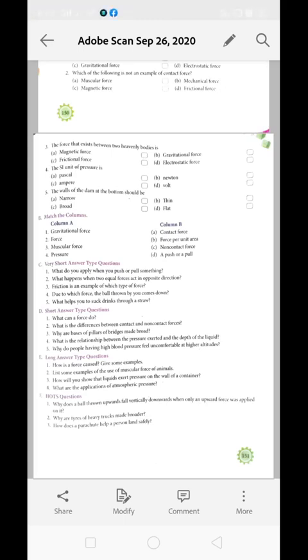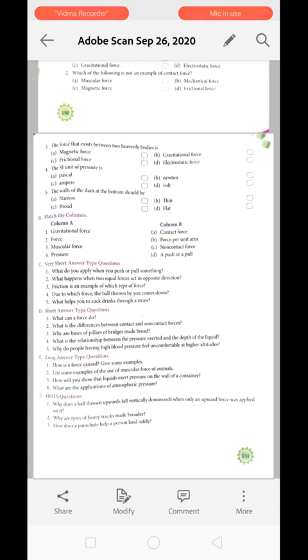Now next question, why are the tires of a heavy truck made broader? The truck tires are made broader so that the weight which is carried by the truck, or the weight of the whole truck, can become bearable for the ground. Understood? Because we know that pressure decreases with increase in surface area. We are simply increasing the surface area of the tires. Okay, next question.